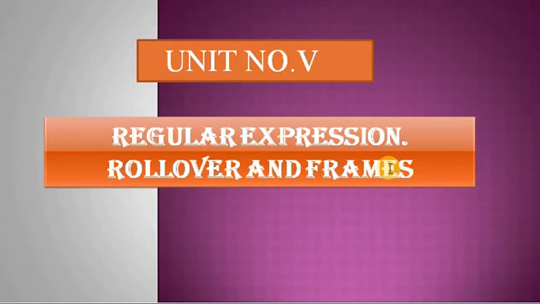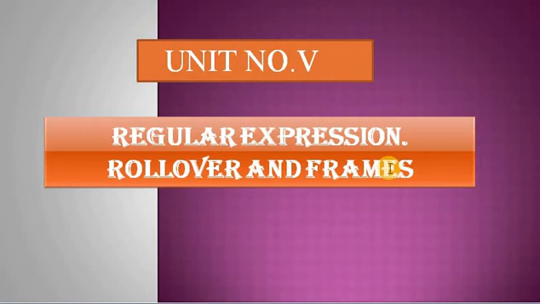The next point we discussed in the previous lecture is create a frame. How to create a frame? To set the frames in the browser window we use a frame set, and to define a frame we use the frame tag within a frame set tag. The attributes of a frame set tag are columns and rows, and the attributes of a frame tag are frame border, name and URL, meaning SRC, source.